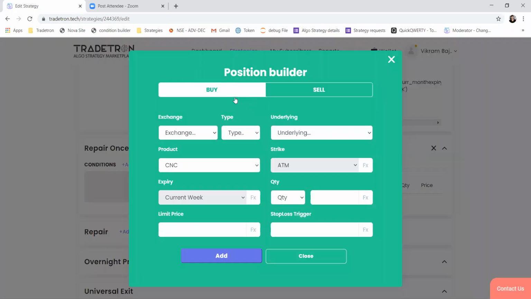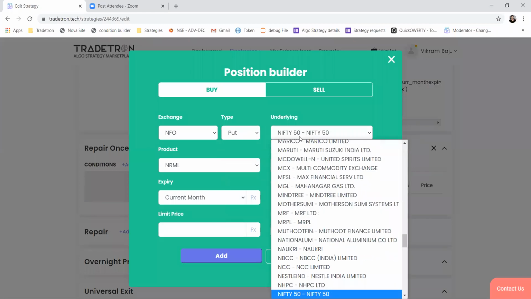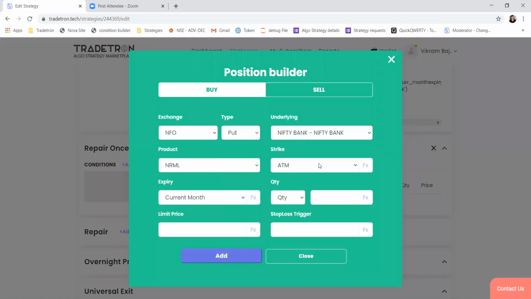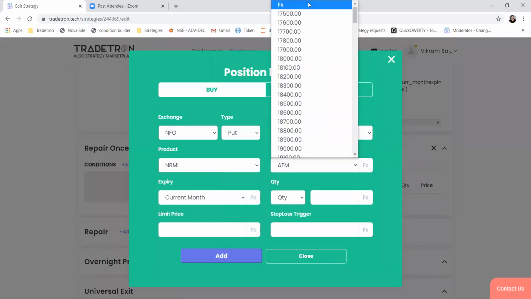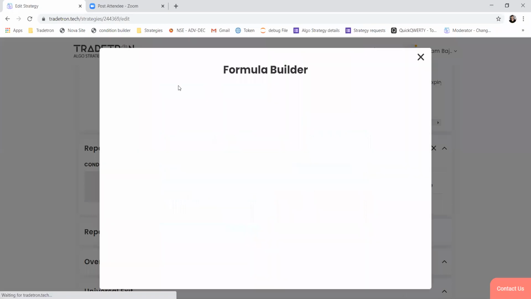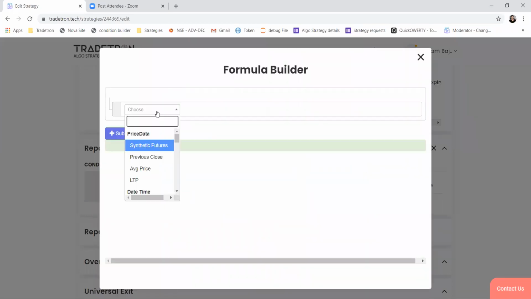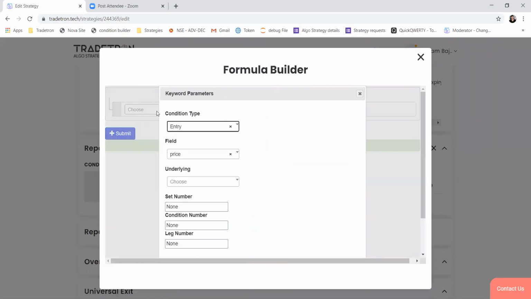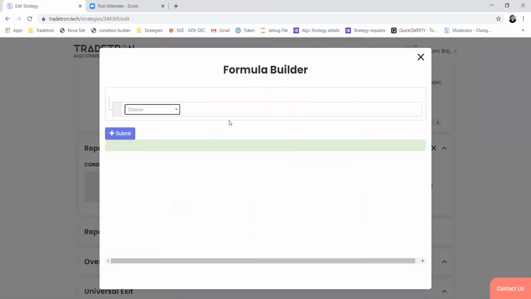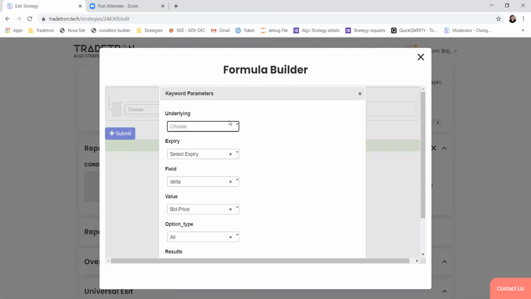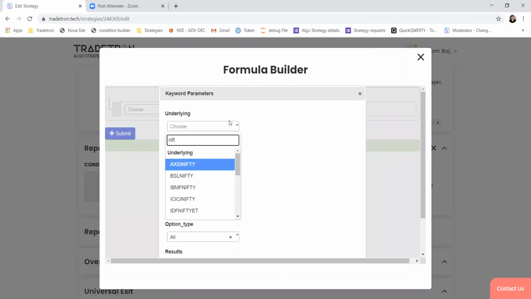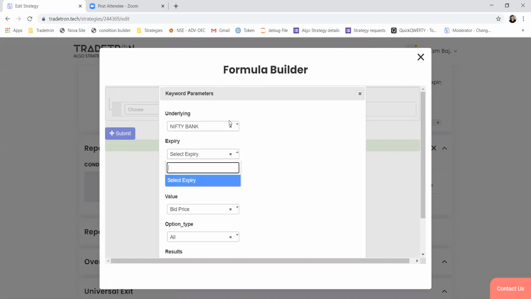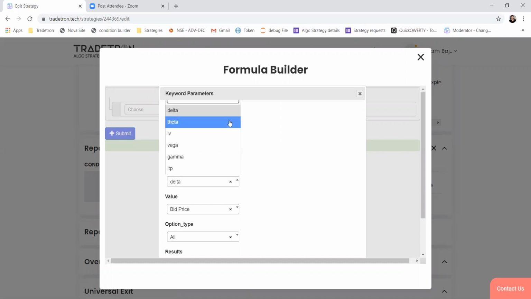So in that case, I select NFO put. Underlying will be Nifty Bank. In the strike formula, we will use traded instrument. Sorry, not traded. We'll use find strike because we have to find a strike based on LTP. Find strike for Bank Nifty. I will select later.